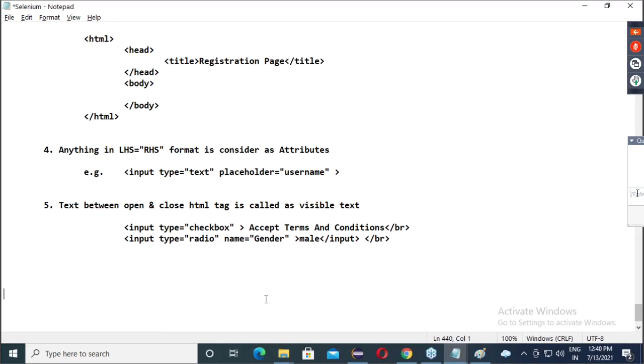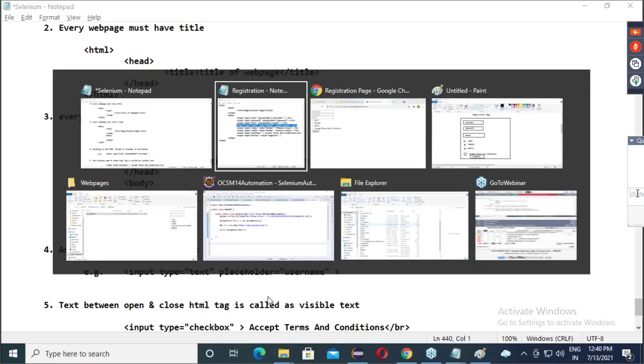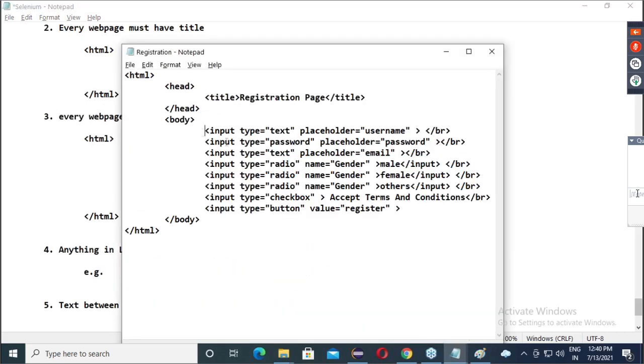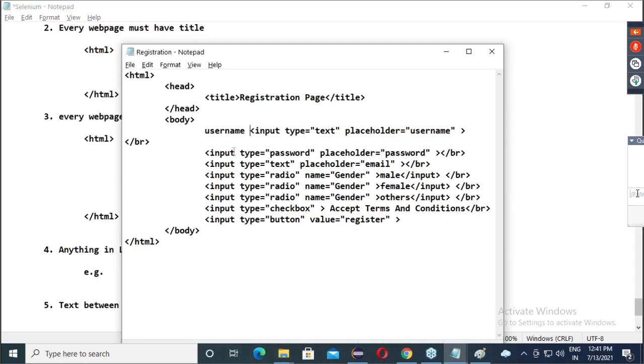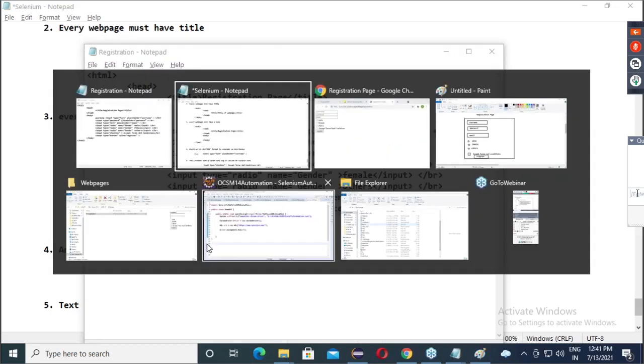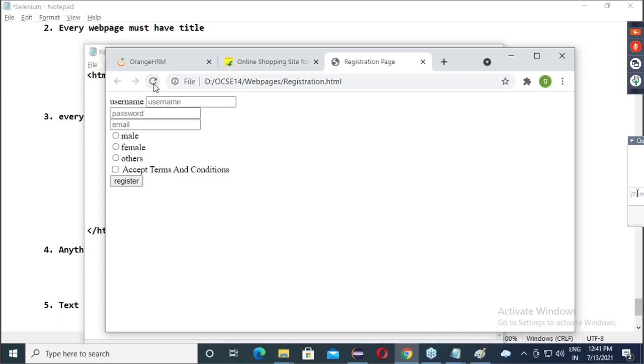Username and password should be inside the box. If I want to keep the username outside also at the same time, is it possible? You just need to give it first the way I am showing. Here, give username. That's it. If you keep it like this, done.